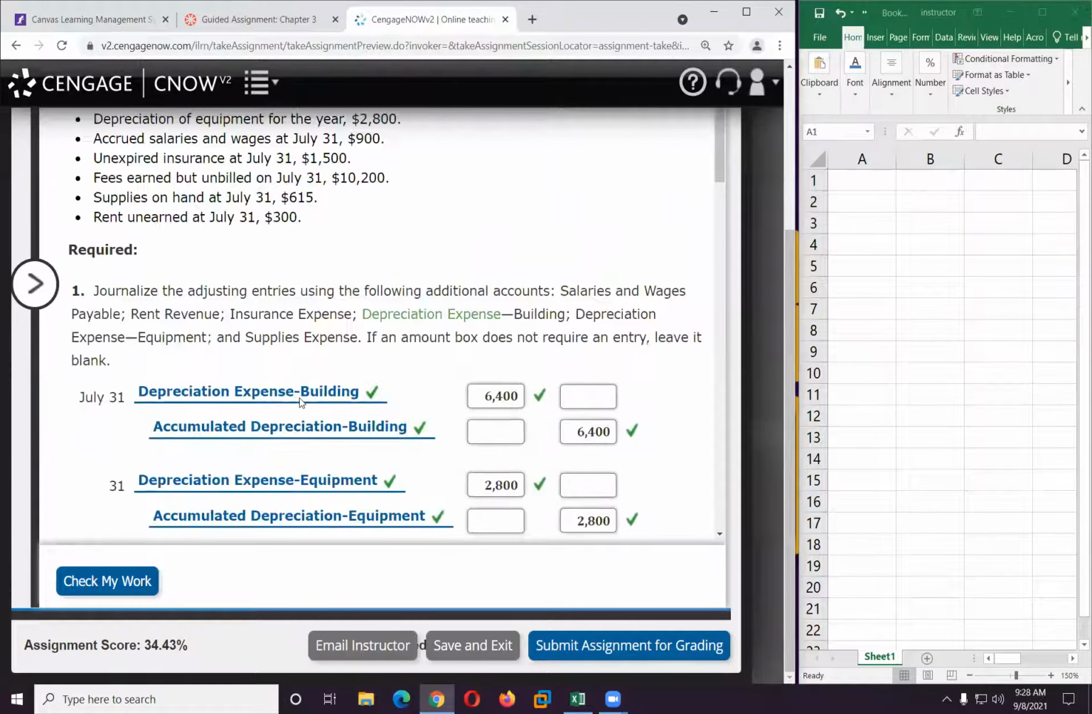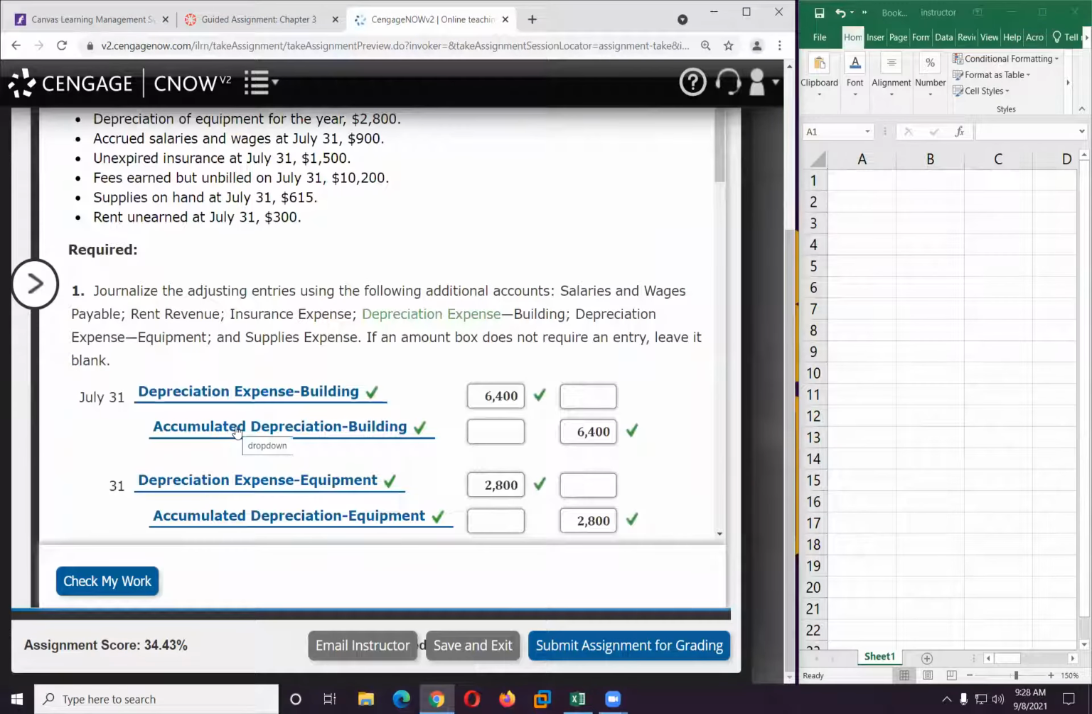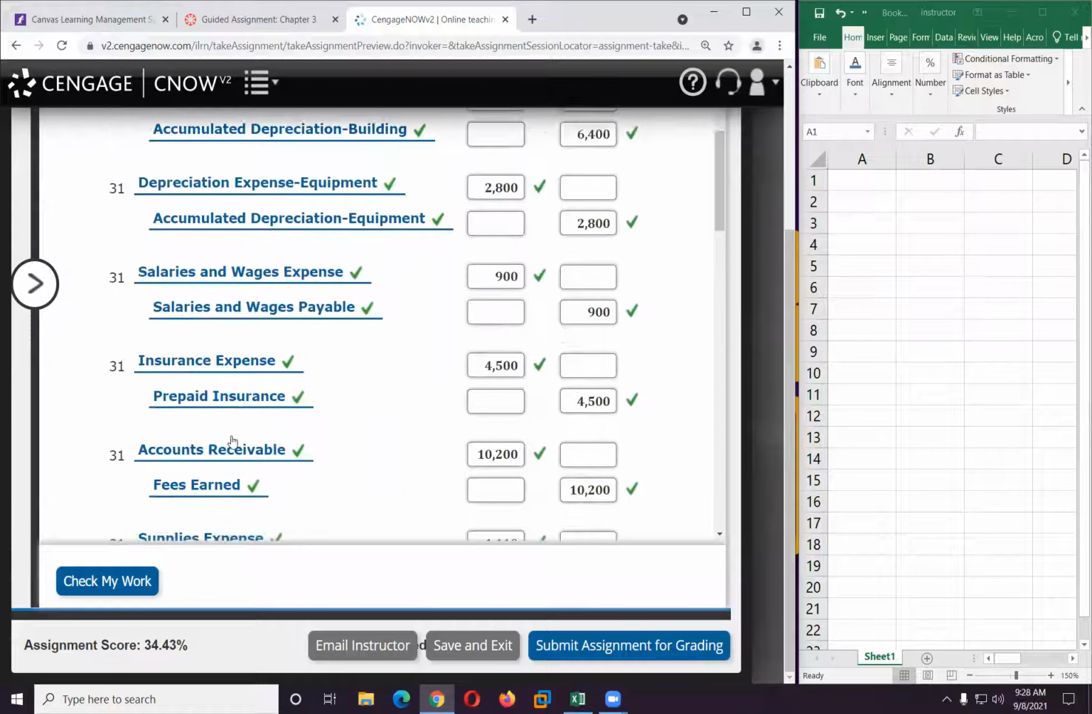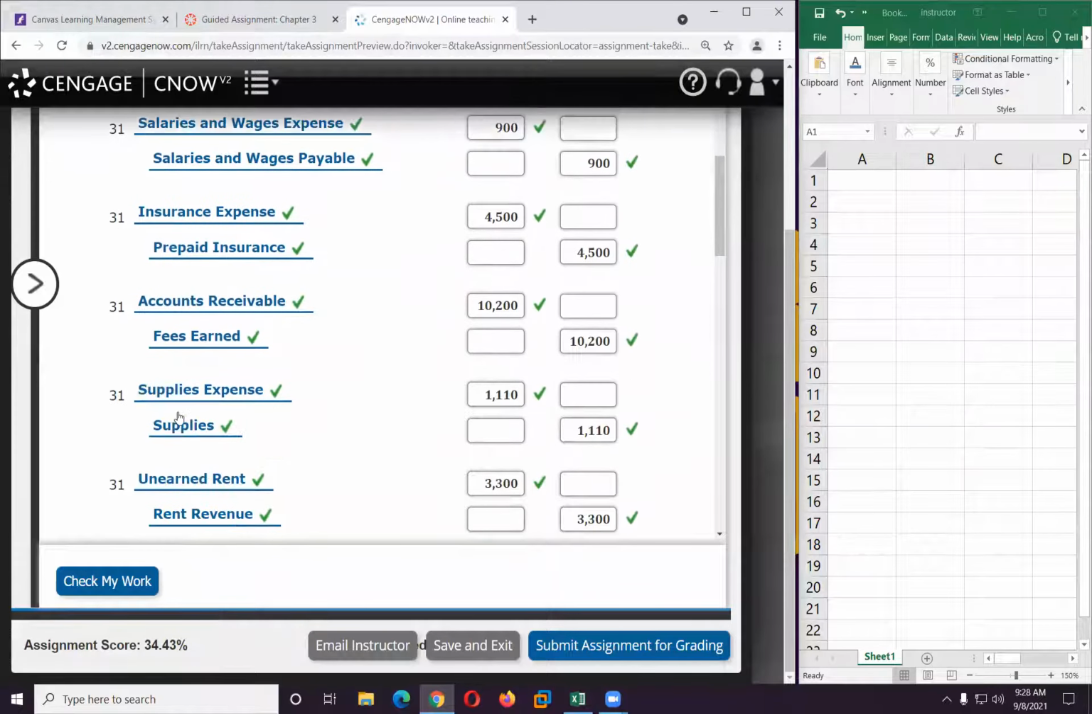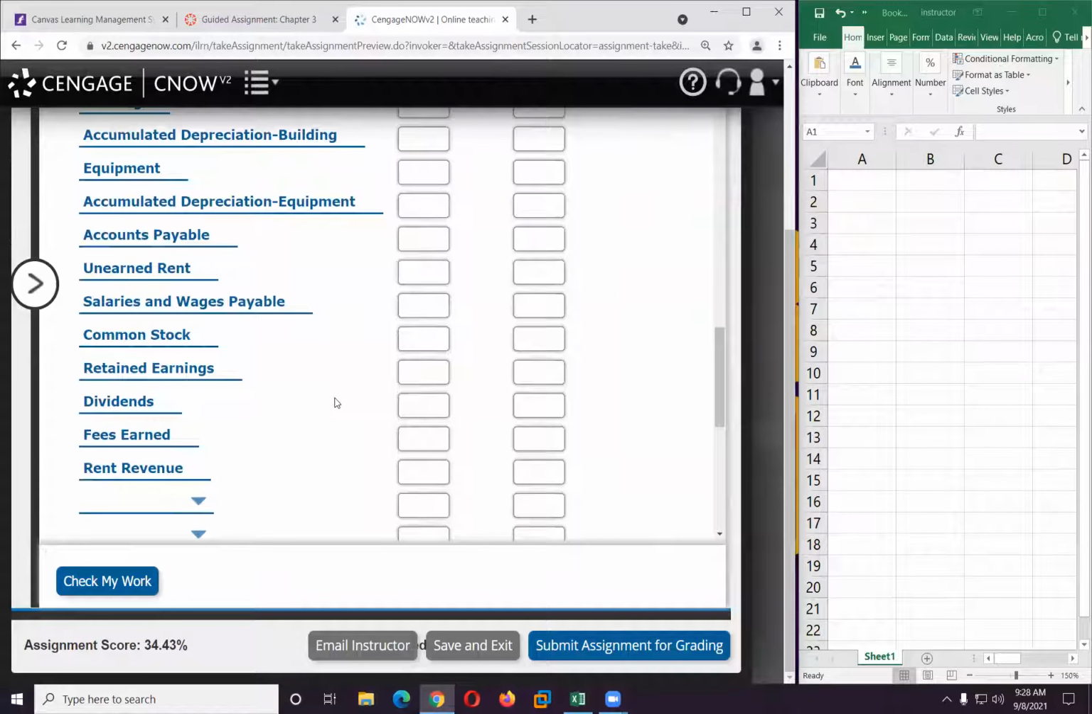I had a bunch of expenses up here: salary and wage expense, utility expense, advertising expense, repairs expense, miscellaneous expense. Plus, during this whole process, I added depreciation expense on the building and depreciation expense on the equipment. We already had salary and wage expense. Insurance expense wasn't on there, so now we've added that. And supplies expense wasn't on there, so we've added that. So luckily, instead of trying to keep track of all that, because for whatever reason this problem puts them all in a weird order,